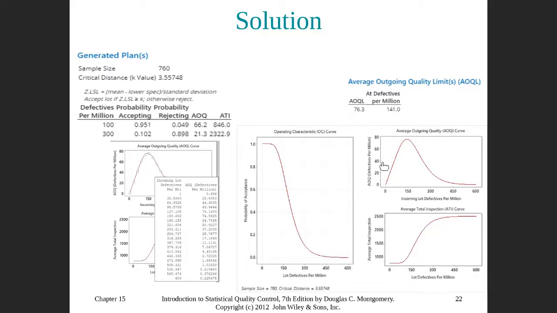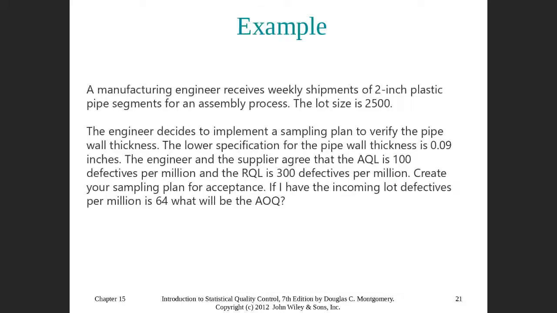He gave it as a number of defectives. When we have such a case, we have to pay attention when we enter the values in Minitab. So we have the AQL